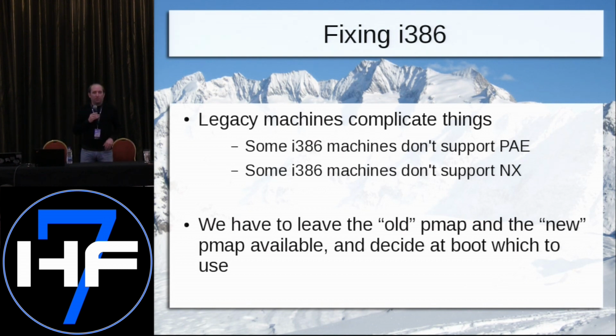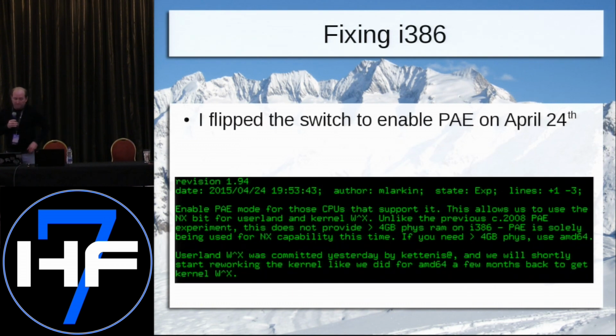In boot up now, the machine boots with an old style PMAP, the old legacy style. And then we query the CPU to see if it supports the new features. And if it supports the new features, what we do is we take whatever the kernel has done up to that point, this is early in the boot sequence, we create a new page table, copy all the entries over to it, get rid of the old one, and turn on the new mode. So it still allows us to remain compatible with both models. So we figure out at boot which one to use. And obviously, if you have a processor that supports it, now you have a newer page table format which supports the NX bit, and now we can actually start to implement those regions. So I turned that on back in April.